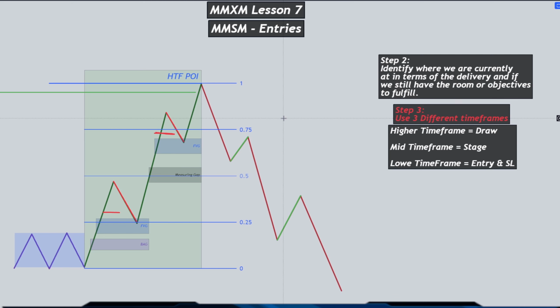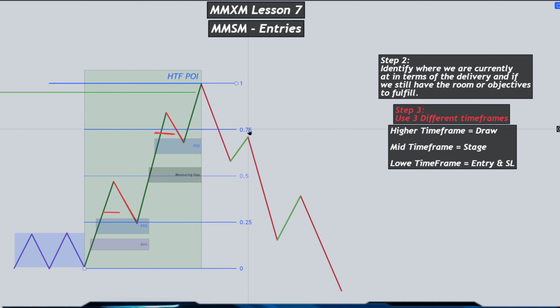And as I said earlier, the second stage of reaccumulation, when the reaccumulation happens, this final leg is very explosive and very energetic towards the draw on liquidity or higher time frame point of interest, so that the retail traders or the regular traders get scared to look for the sell short. Okay, so I hope with the grid, with the alignment, now this is a drawing, of course,